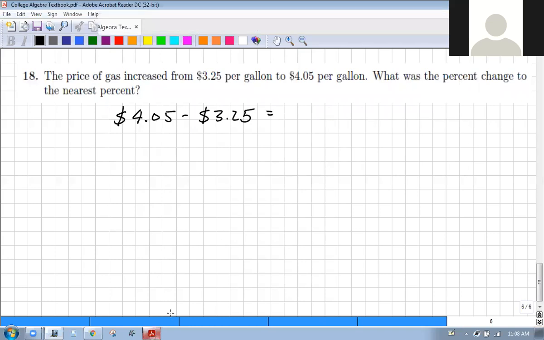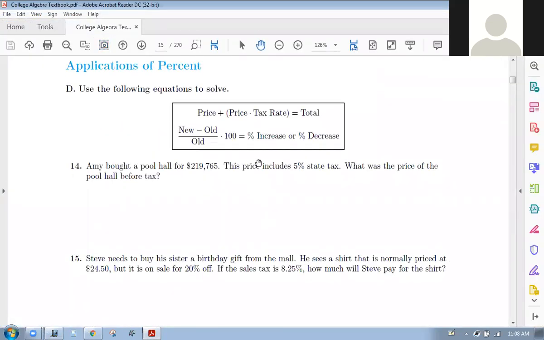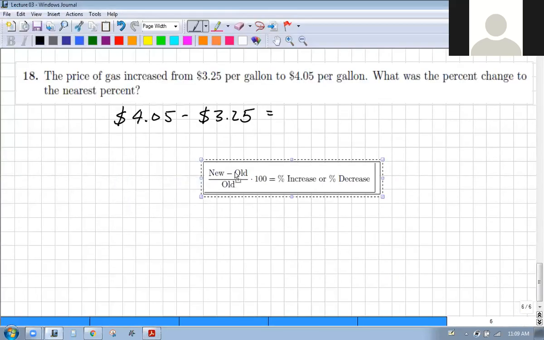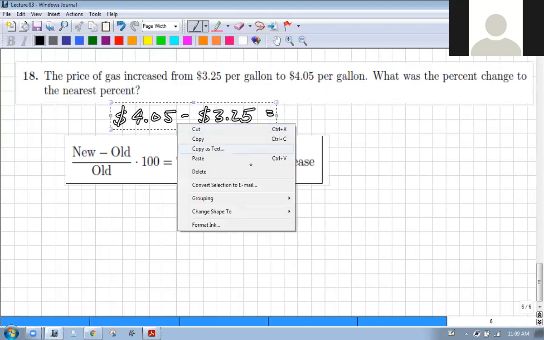They gave us a formula, so let's go ahead and use our formula. So just using the formula,